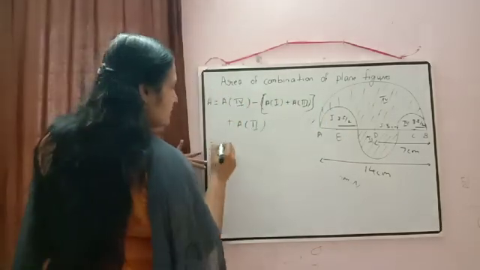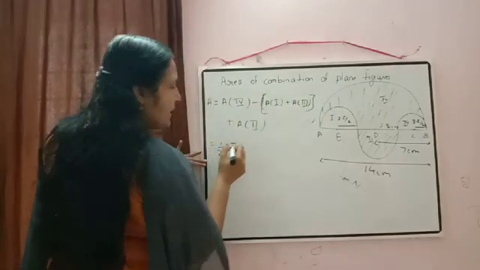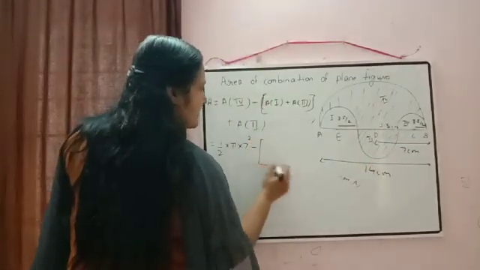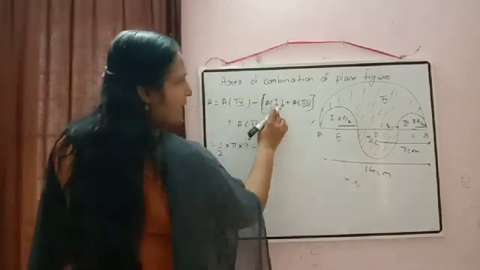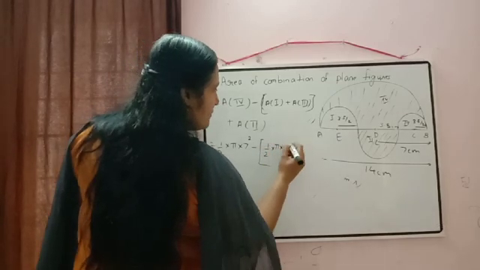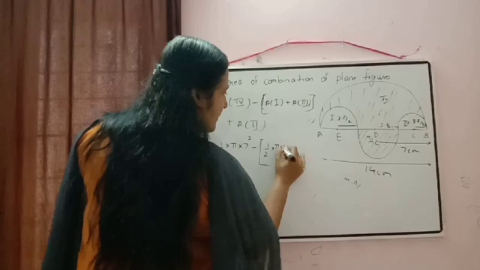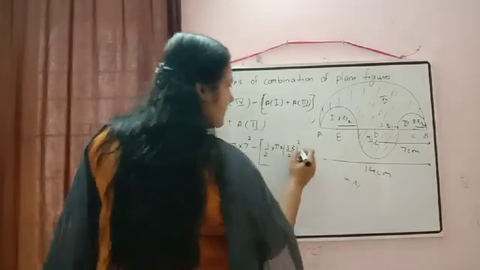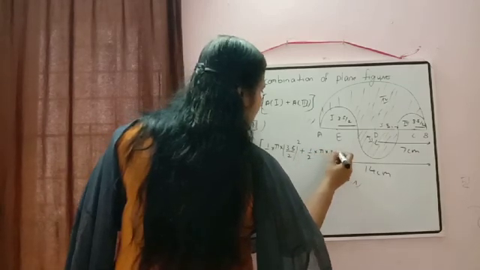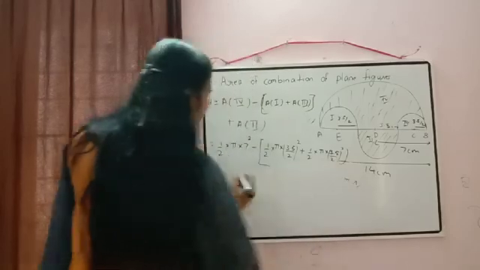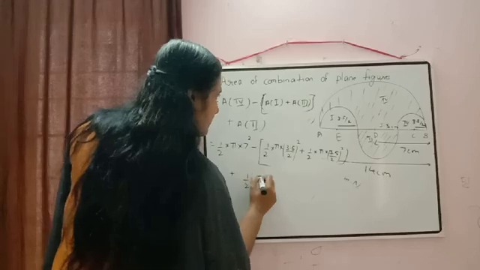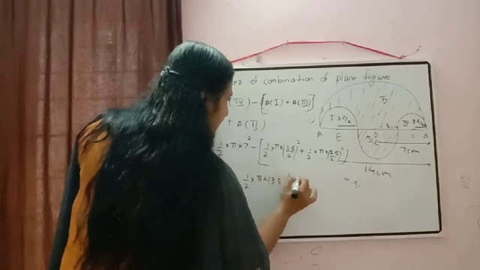So what is area of fourth one? That is a semicircle. So that will be equal to half into pi into, what is the radius? 7. So half into pi into 7 square minus area of first one. First one also is a semicircle. So half into pi into radius is 3.5 by 2, the whole square. Plus this one also same only. Half into pi into 3.5 by 2, the whole square. Plus area of second one. So that will come here. Half into pi into 3.5 square.